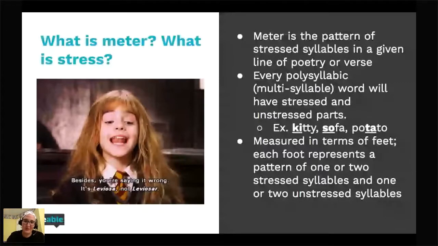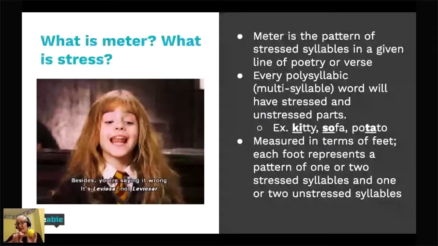And then potato, again, if you put the emphasis on the wrong part of the word, you sound like even more of a weirdo than you might already. So it'd be like potato, like, ooh, who is this person? It's potato. So every single word you say has stress somewhere. Most of the time you don't point it out because you don't have a reason to, but this is you thinking about it.